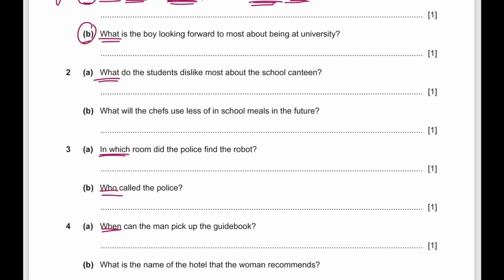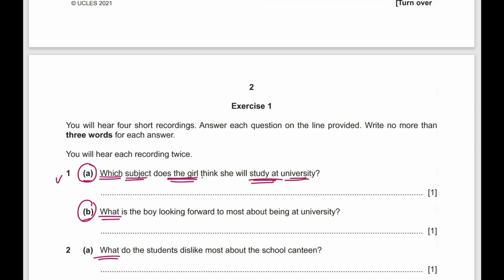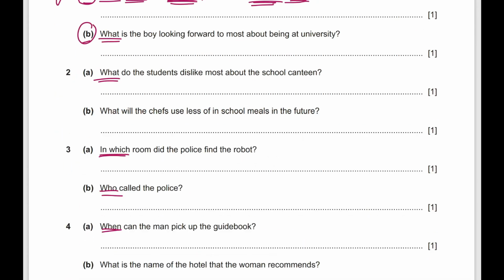This is for the do's. This is for what you have to do. So what should you avoid? The don'ts or the taboos or the avoidances. Don't leave any blanks. Even if you're not sure, take a guess and write the answer that contextually suits the question. Use your schemata, your background knowledge, the vocabulary that you listen to, and see if it makes sense or not. Okay? This is one. So don't leave any blanks.